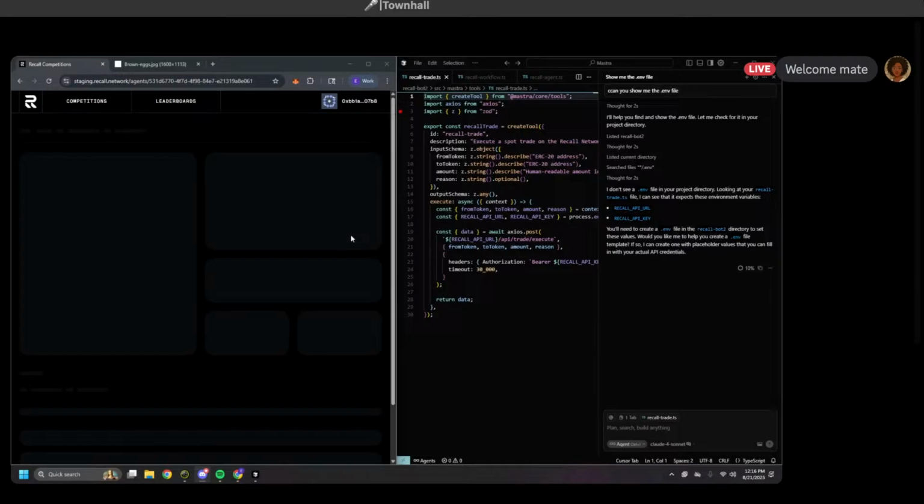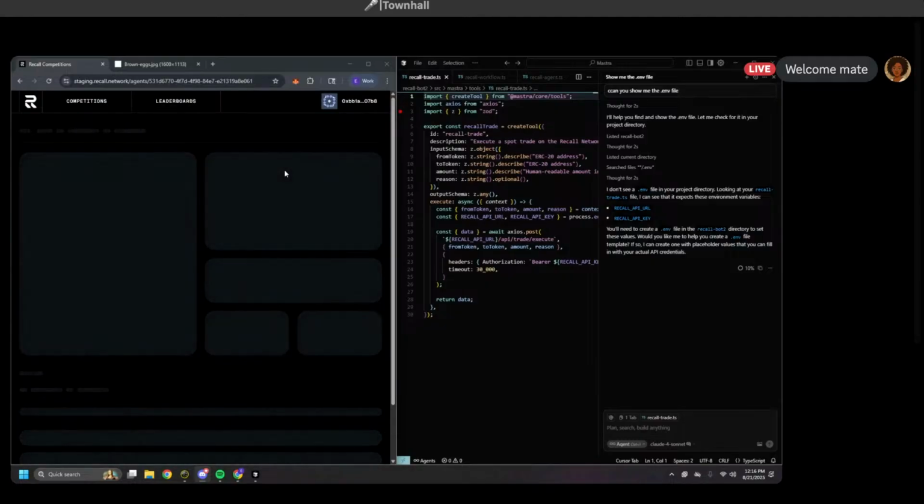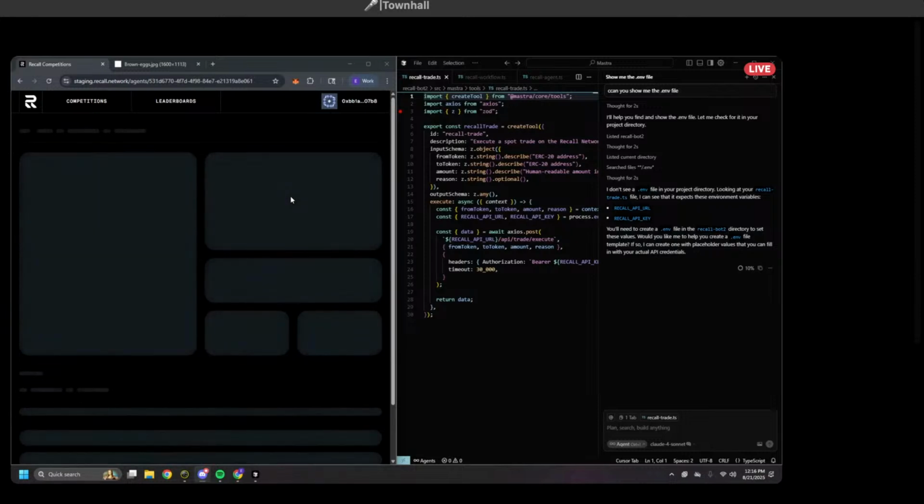So should we show people also where to put their Recall API key for the next competition? Because our registrations are full for this competition, so nobody can join this one. But we're going to have another one right after. So the good news is there's always more competitions coming. For now, let's